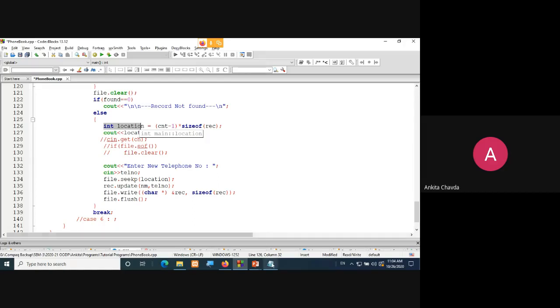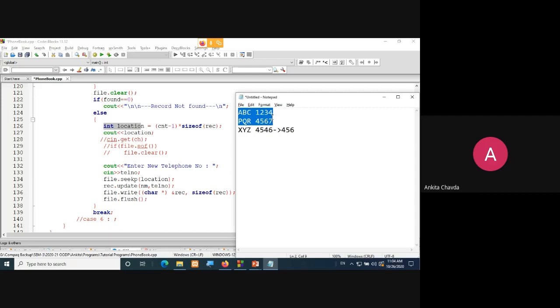So at very first time, I've read the first contact, my count will become 1. Over here, my count will become 2. Here I've read the whole record. I've read the record, so my count is equals to 3. So my pointer will be over here at the last. But if I want to update the record, I have to set this pointer to the starting of the record, yes or no? Right? So for that, what I need to do? Count minus 1.